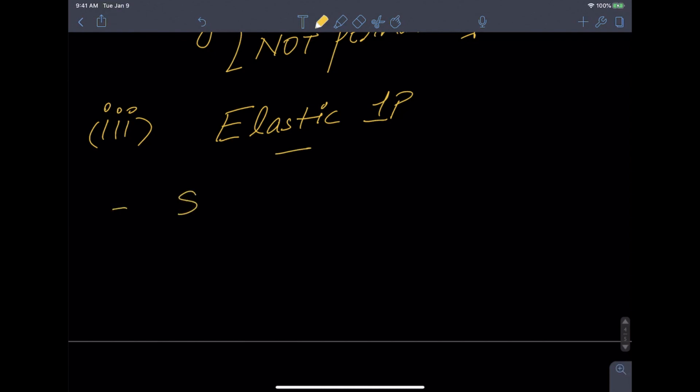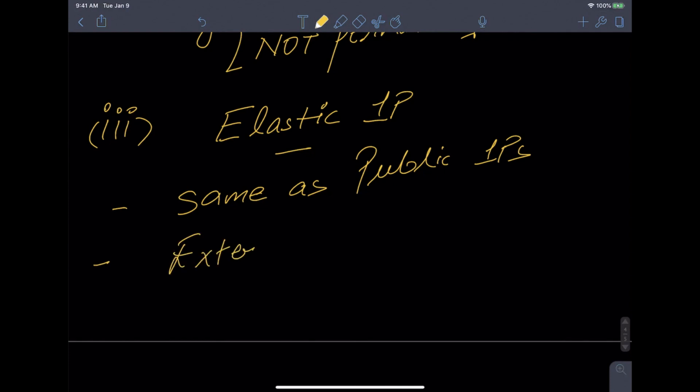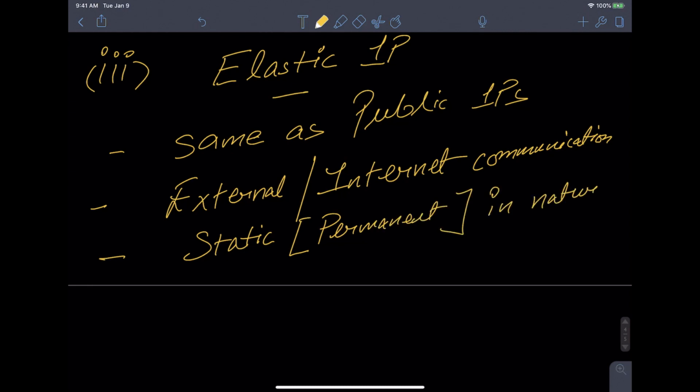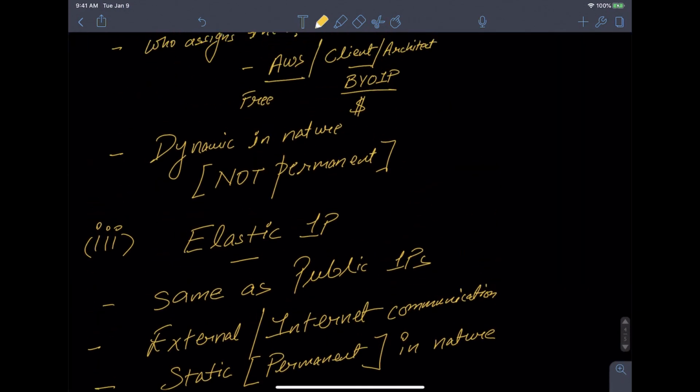Elastic IPs are the same as public IPs. Okay? And they're used for external internet communication. However, they are static, or permanent in nature. They never change. Now, this is the biggest benefit for you, because in a few cases, if you deploy some